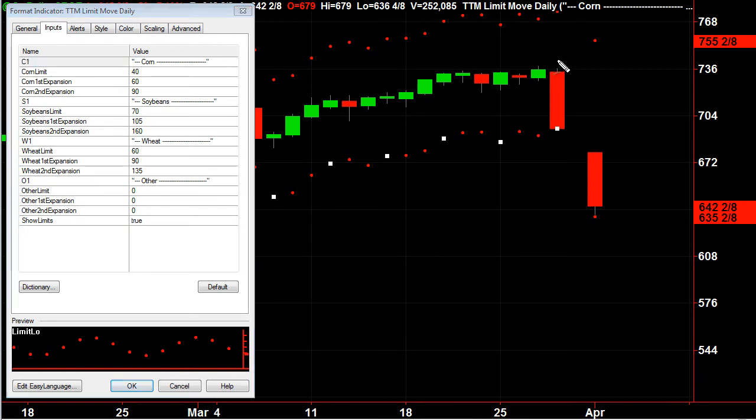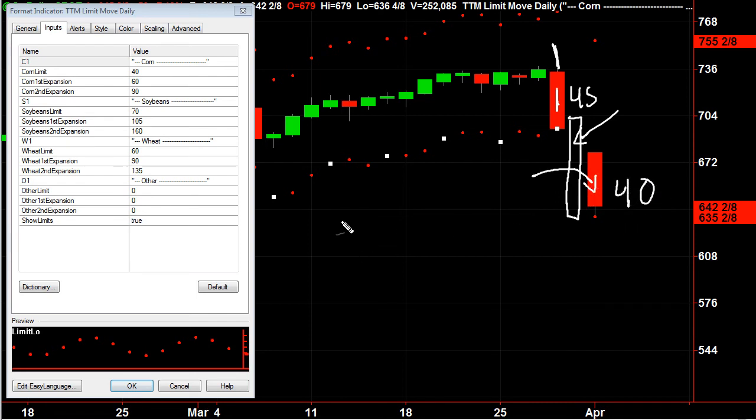So on a day like today, now this is going to be a little skewed because we had the holiday, this would be a 45-cent move. And you see the gap here because we had the holiday. In order for it to be a 60-cent limit move, you would have to move 45 from the day that you move, and then it would have to have another 60-cent move, not 60 points, 60 cents. So that would have to be a 60-cent move. If it does not move at least 60 cents, then it goes back to 40